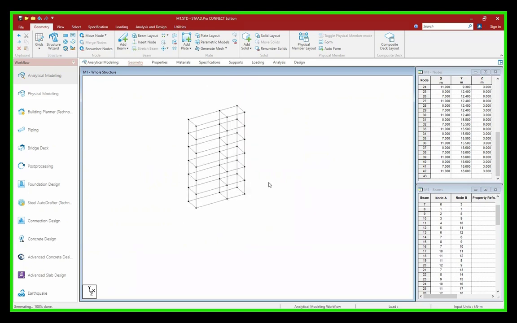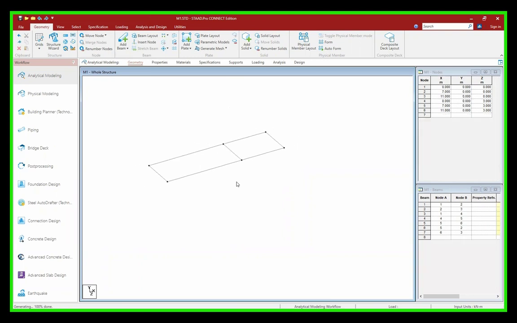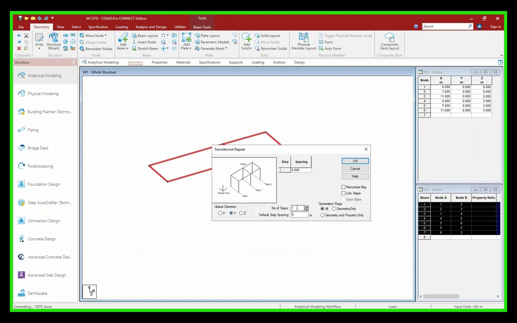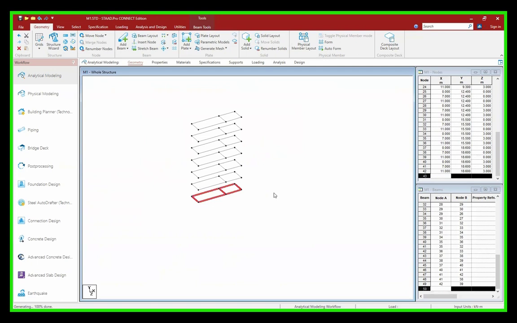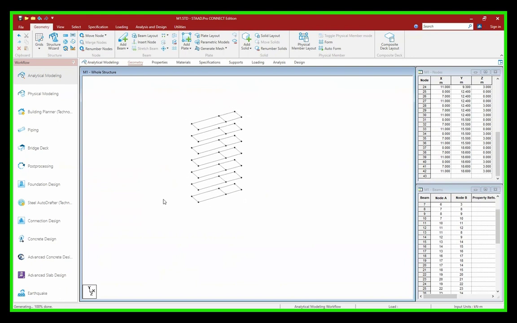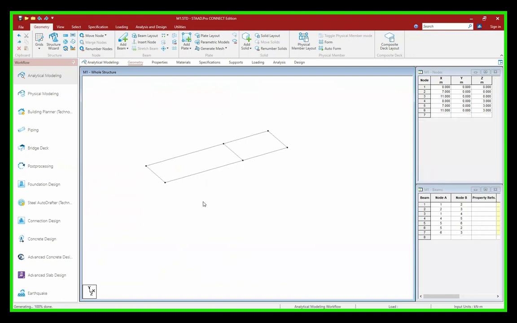What if I don't select link steps? So let me show you, I'm doing the same thing again. So select everything, go to translation repeat. In Y direction, number of steps 6, default spacing 3.1 meter. But I'm not selecting link steps. So when you don't select link steps, you can see columns are not prepared. Only your geometry, which is in plan, are copied at different 6 levels, but they are not linked to each other. That's why always click on link steps if you want to connect everything with column, right? So in our case, for our geometry, we have to connect.